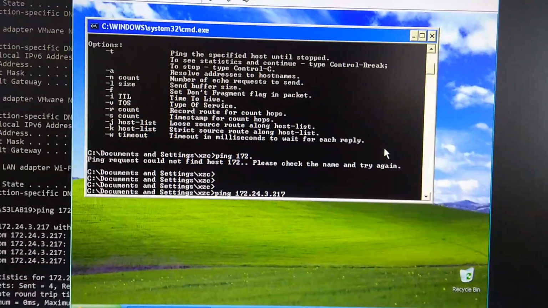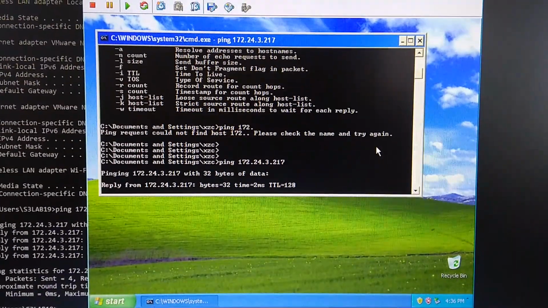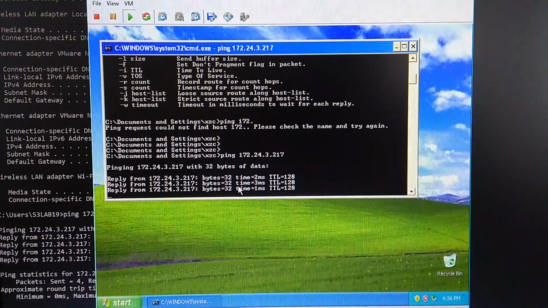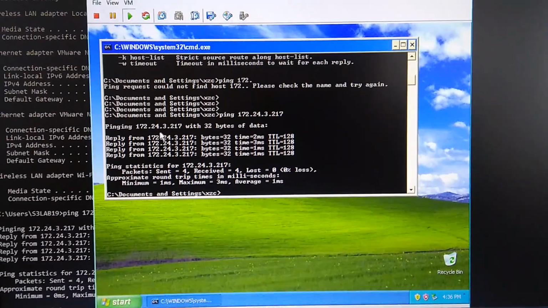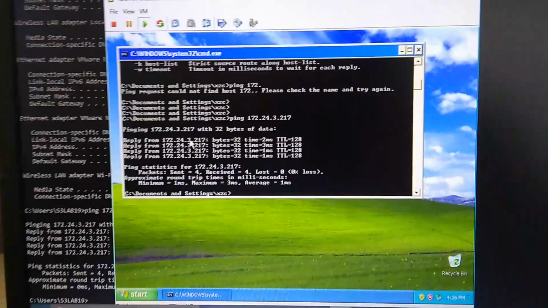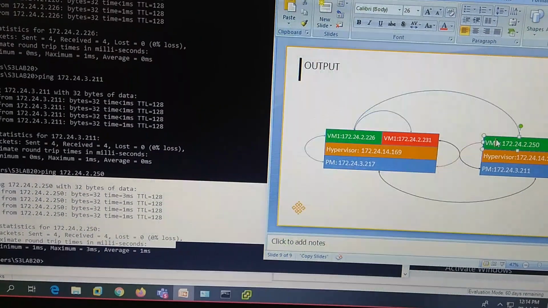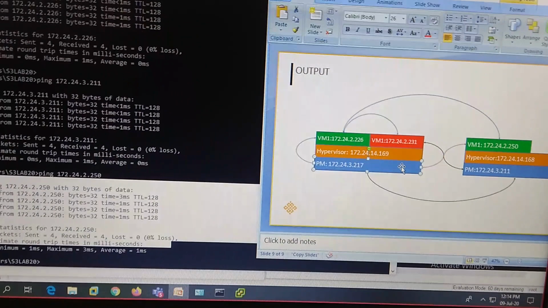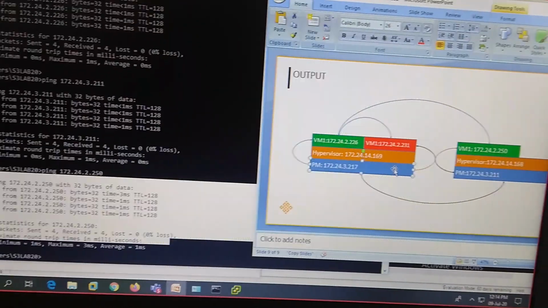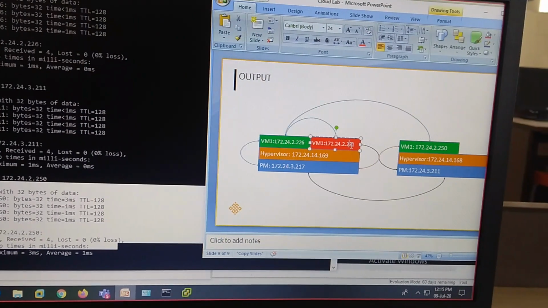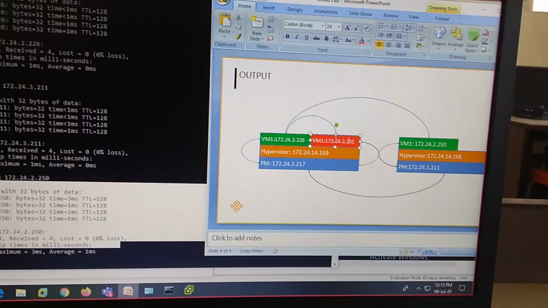So what I'm doing is from the neighbor's virtual to my physical. So am I getting success? Yes, I'm getting the success rate. It means to say that this is also success, from the neighbor's virtual to my physical. Now let us go to the next step, my virtual to the